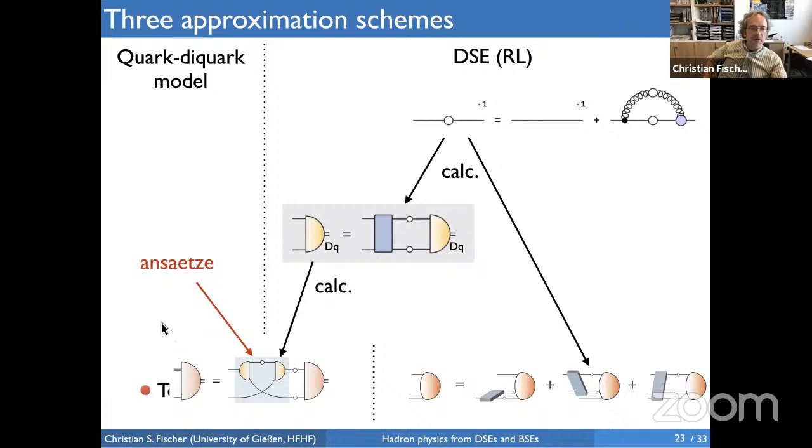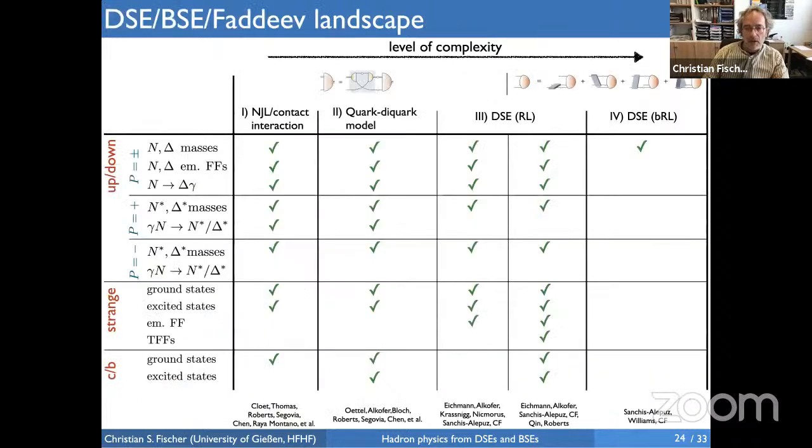And then there is yet another shortcut where you do not solve the Dyson-Schwinger equation at all, but you use Ansätze for your quark propagators and your diquark Bethe-Salpeter amplitudes and your diquark propagators, and then solve this equation. And I will call this a quark-diquark model. All of these, so here we have the quark-diquark model. Here we have the Dyson-Schwinger based framework in rainbow ladder, in quark-diquark, or three-body quantities. And here there's an even simpler approach where you do some NJL type calculations in the quark-diquark model.